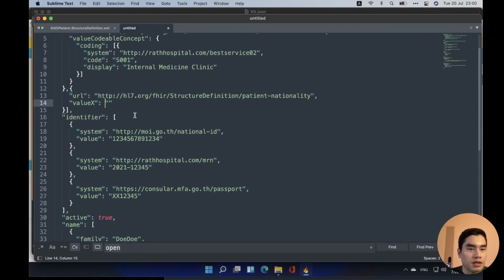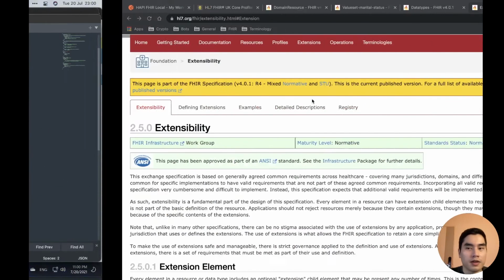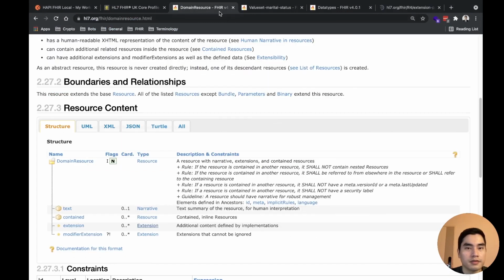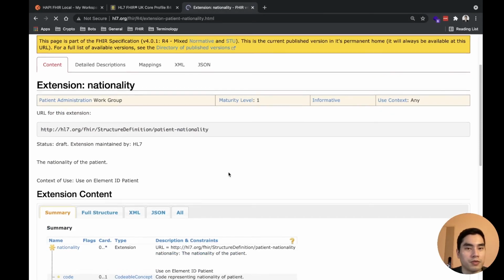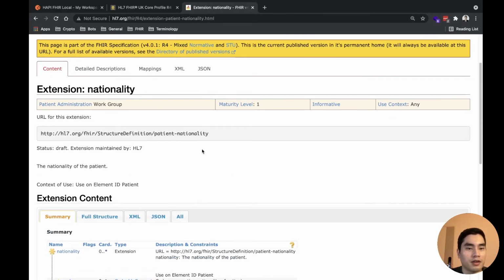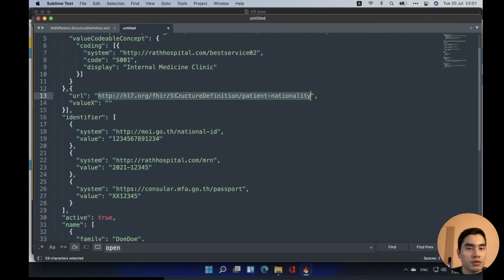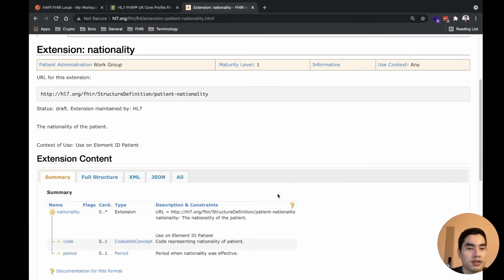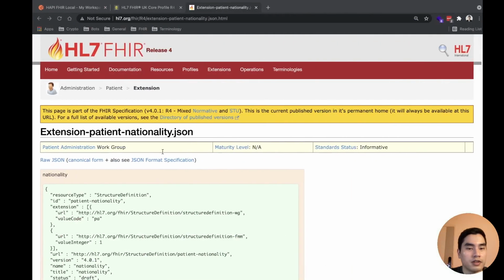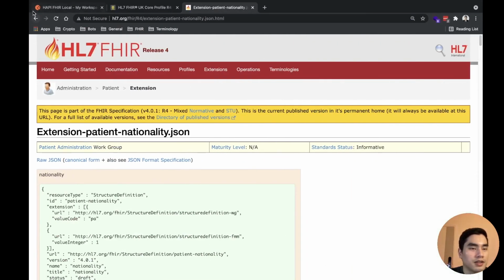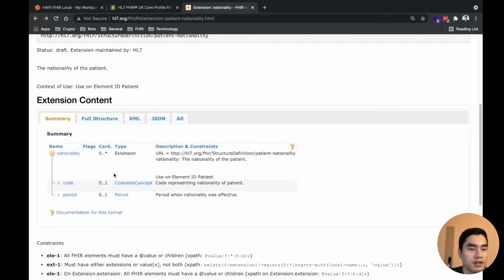Okay. Now the nationality. I think I can copy here and then press here. Yeah, this is the good thing: when you paste the URL of the profile or extension or anything, you get the structure definition of that profile. Wrong. Okay, here is a codable concept and period.